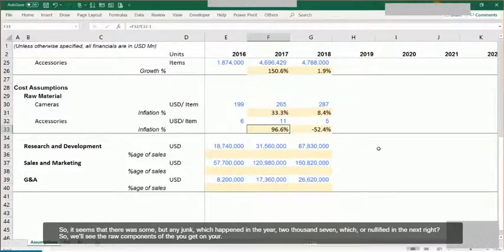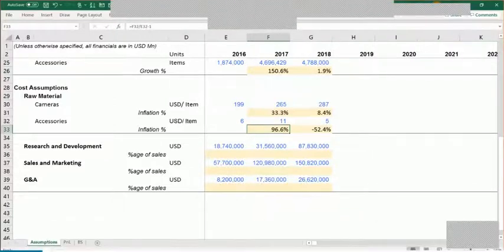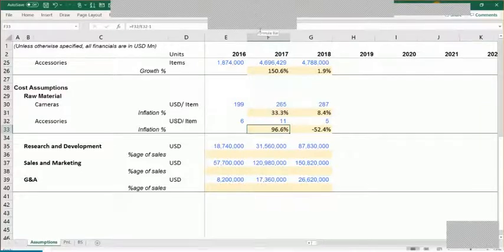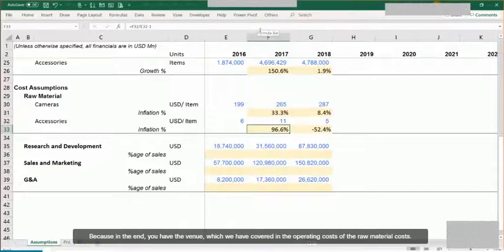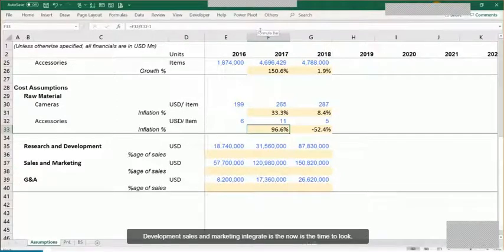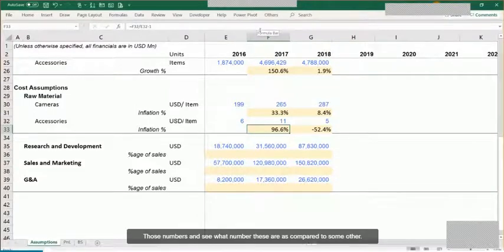Right. So we have seen the broad components of the year-on-year increase out here. So what we need to do next? We need to look at the other cost components, because in the P&L you have revenue, which we have covered. In the operating cost you have got the raw material cost, and then there is this research and development, sales and marketing, and G&A as well. So now is the time to look at those numbers and see what number these are as compared to some